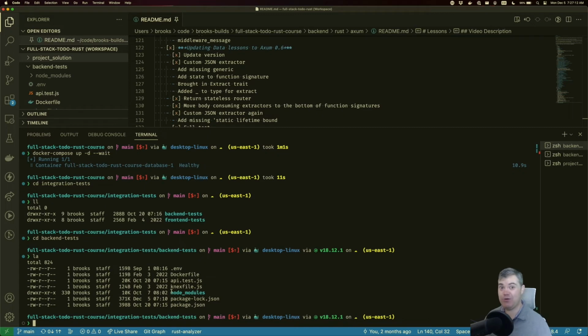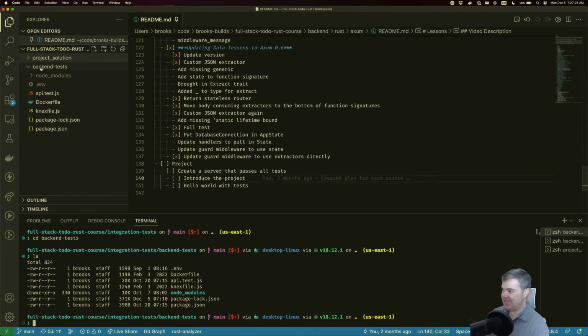It doesn't care what technology is being used. So these tests work equally well with the Express API and also our Axum API that we're going to be creating. I've gone ahead and pulled the backend test folder into my project workspace here,